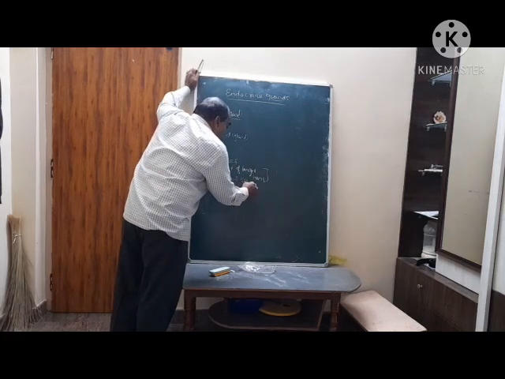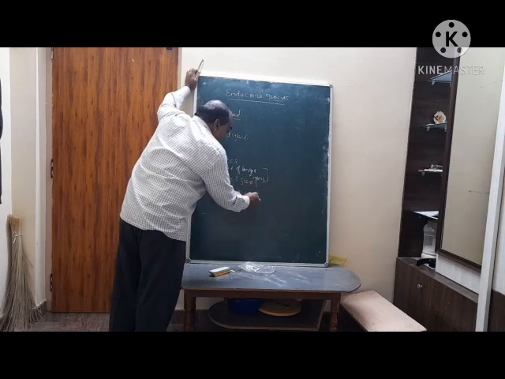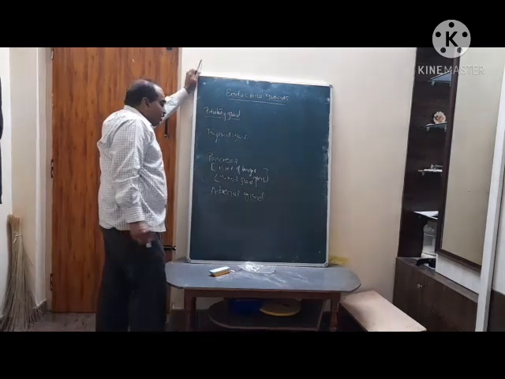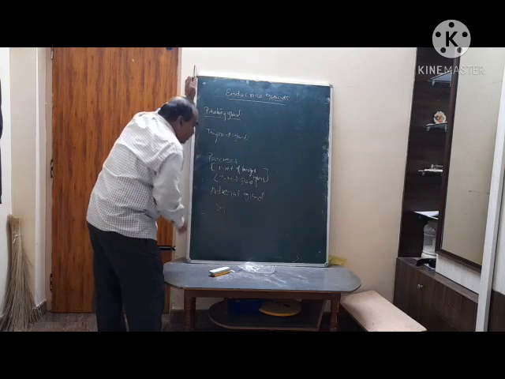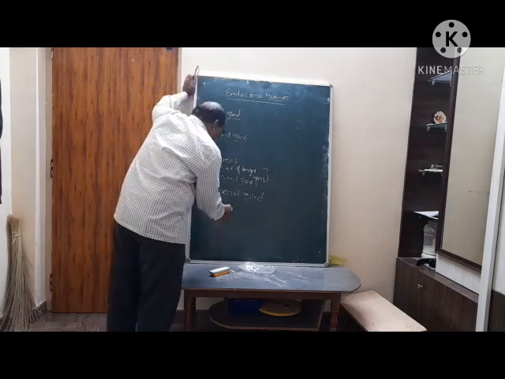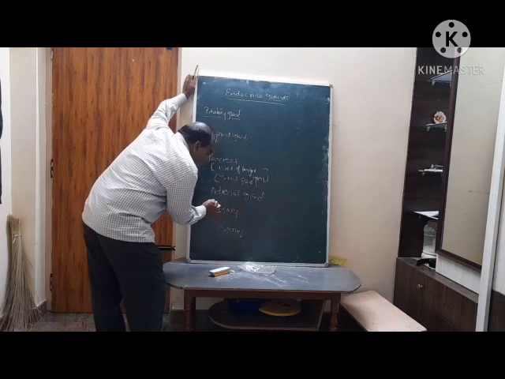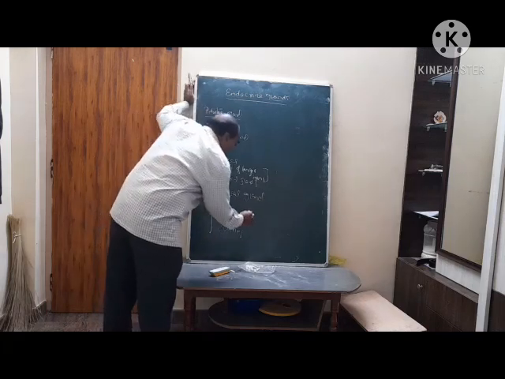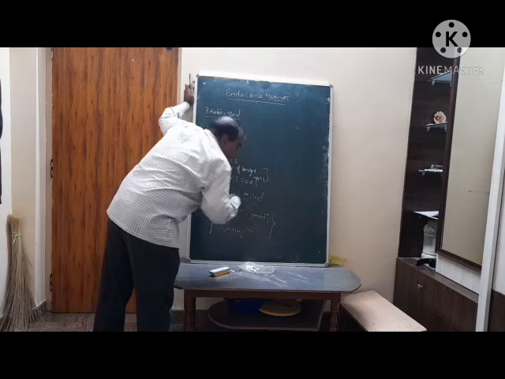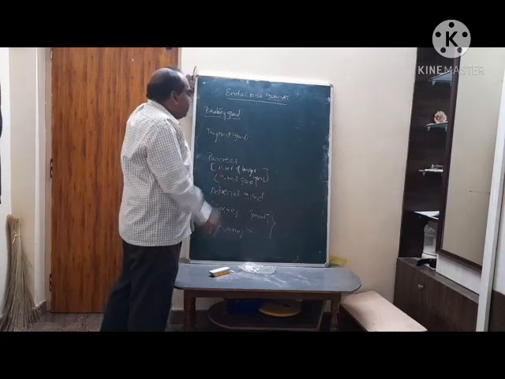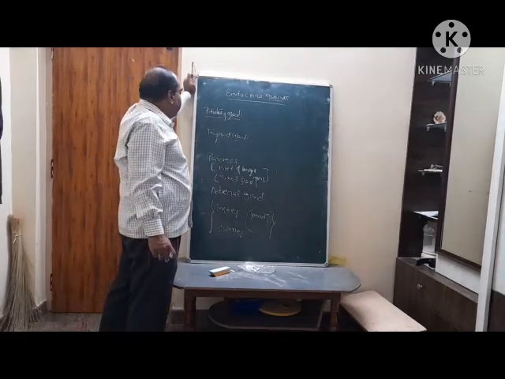So next, one more endocrine gland is the adrenal gland. Next to that are the testes and ovaries. Here the testes and the ovaries are said to be gonads. Sir, what are gonads? Okay, that will be discussed when it comes. These are the list of some of the endocrine glands.